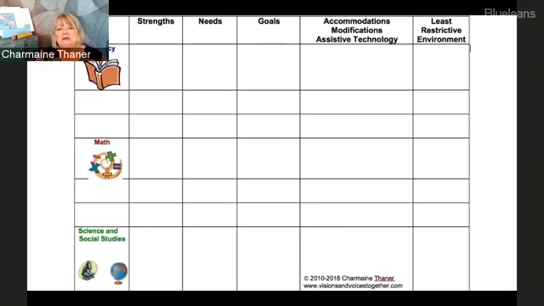And what I always want to do is start with the child's strengths. So your first step towards getting to inclusion is to make sure that your child's strengths are identified in each of the areas they're going to be getting special ed or related service help with, because those strengths are going to help us figure out what accommodations would be helpful for your child so they can be successful in general ed classrooms. Those strengths are going to help the classroom teacher understand your child as a whole person with lots